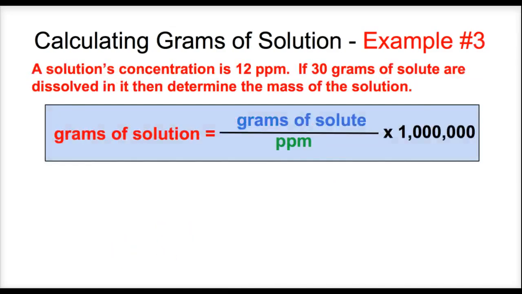Okay, in this example here, it says a solution's concentration is 12 parts per million. So here's the solution's concentration. If 30 grams of solute are dissolved in it, then determine the mass of the solution. So we want to figure out the mass in grams of the solution. So to figure out the grams of solution, we'll take the grams of solute divided by the parts per million and multiply by 1,000,000. So to get grams of solution here,